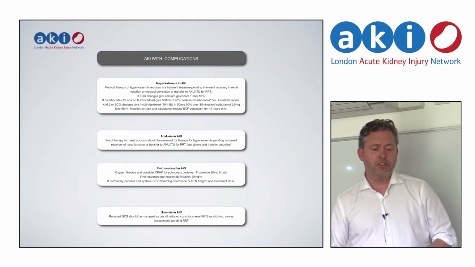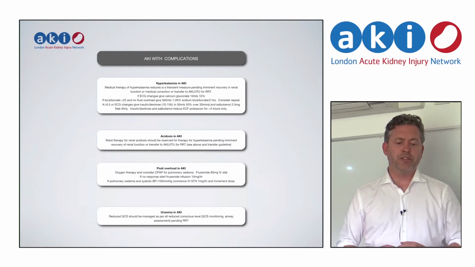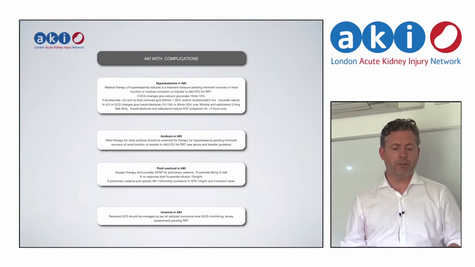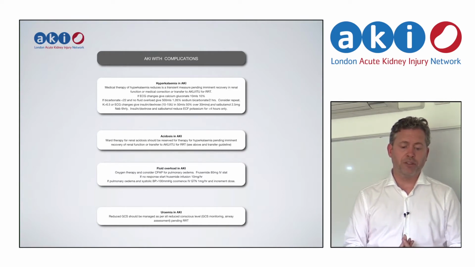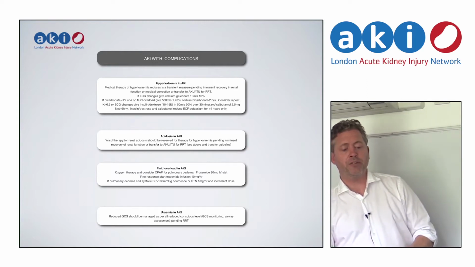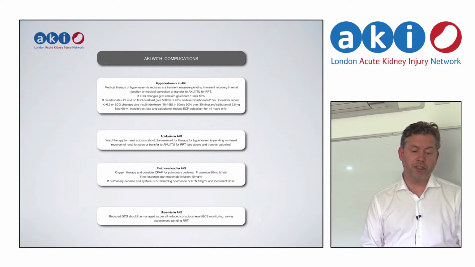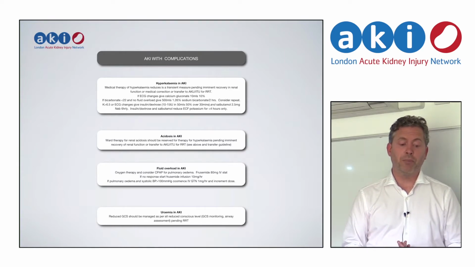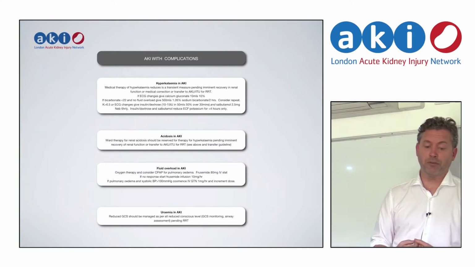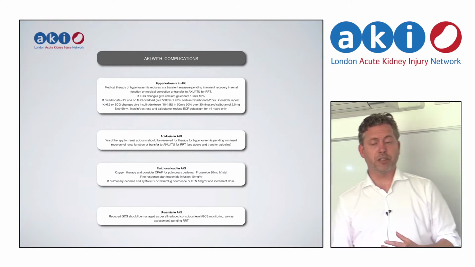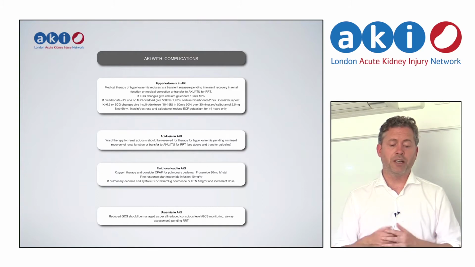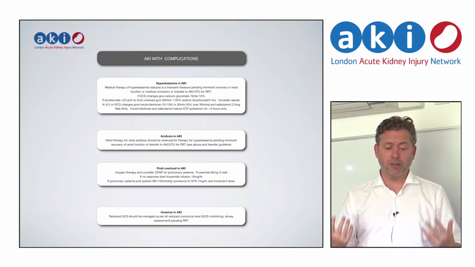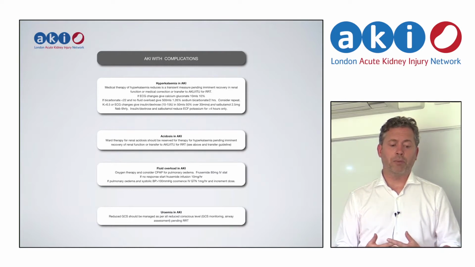AKI with complications, so we should treat complications as a bridge to imminent recovery or renal support. We've established short-term treatments for hyperkalemia, so insulin and dextrose. Calcium gluconate, if there are ECG abnormalities. We can give bicarbonate if the patient has space in terms of their extracellular fluid volume. 1.26% isotonic bicarbonate can be very effective in resulting in a sustained reduction in potassium when we have hyperkalemia due to